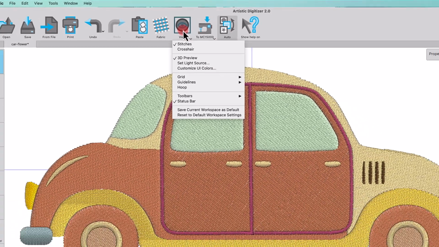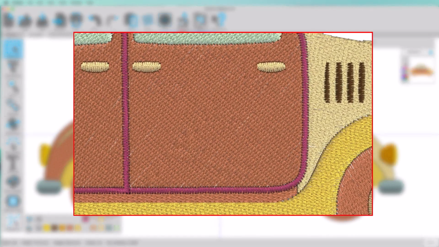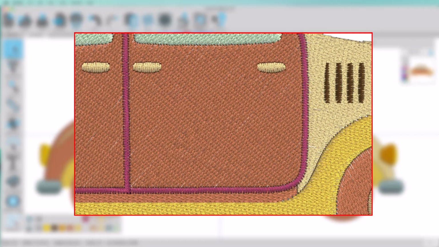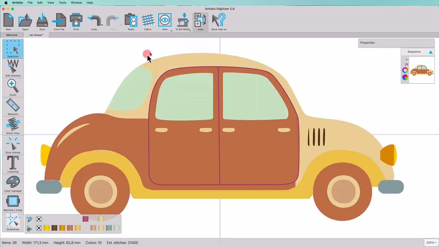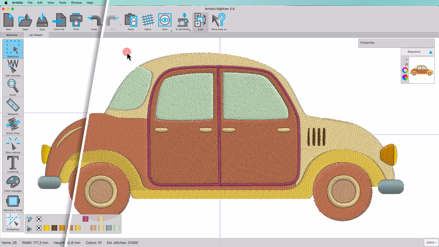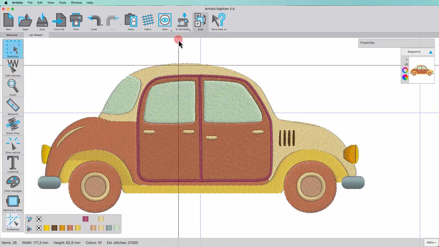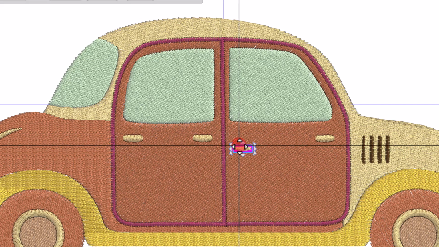a design is viewed. The very first option is called Stitches. When this option is turned on, you can see the stitches of the design. And when it is turned off, you can only see the artwork of the design, that is, just the shapes and the colors. Using the G key, you can toggle this function between being enabled and disabled. Enable the crosshair option. A cross follows the mouse when it is on the design and helps you align and